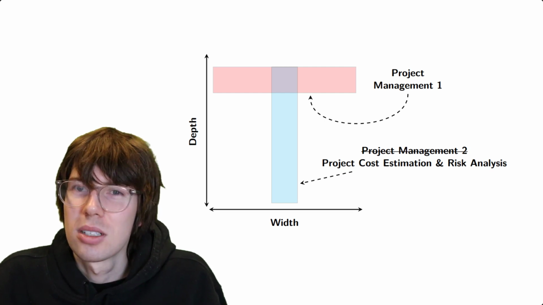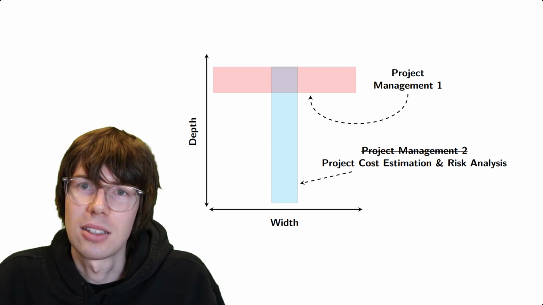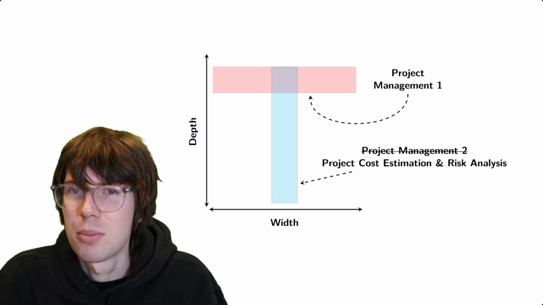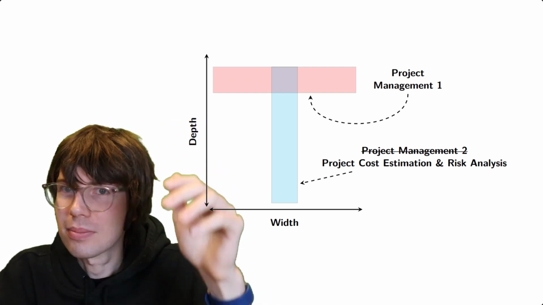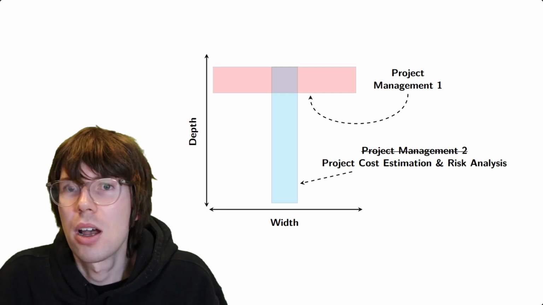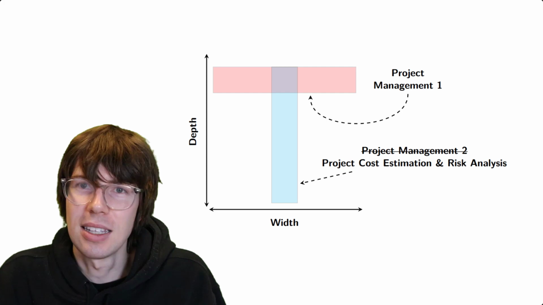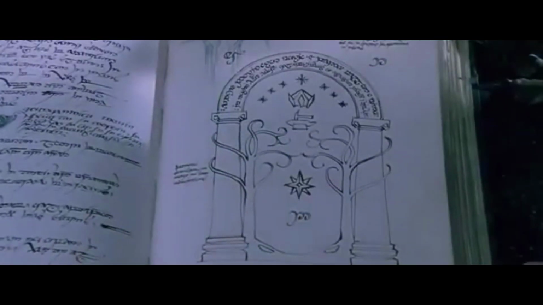The second course, Project Cost Estimation and Risk Analysis, is basically the exact opposite. We cover a very narrow set of topics, but we go really, really deep. Kind of like the dwarves of Moria in Lord of the Rings. They dug too deeply and they found something they didn't quite like. The dwarves delved too greedily and too deep. That is what's going on in this second course.